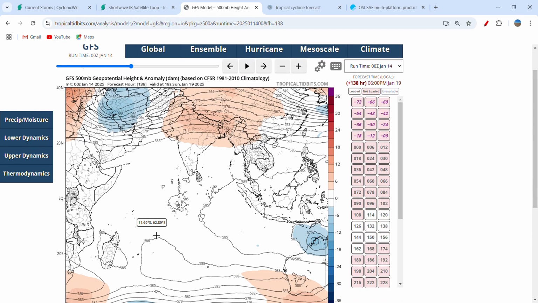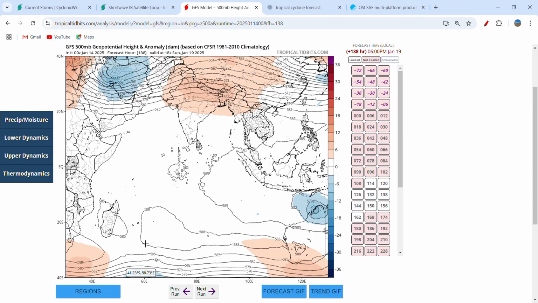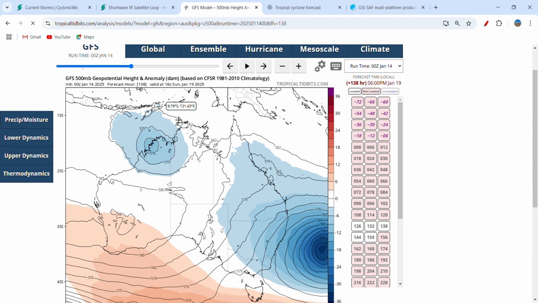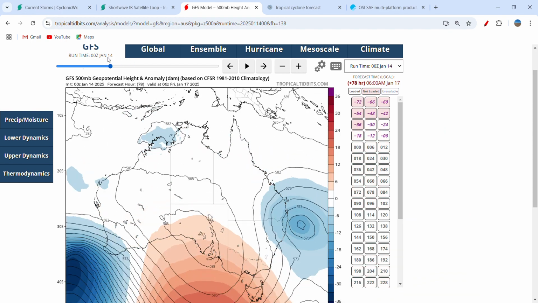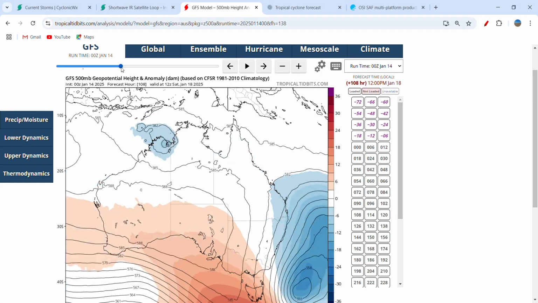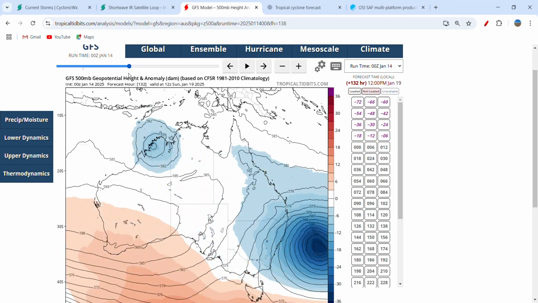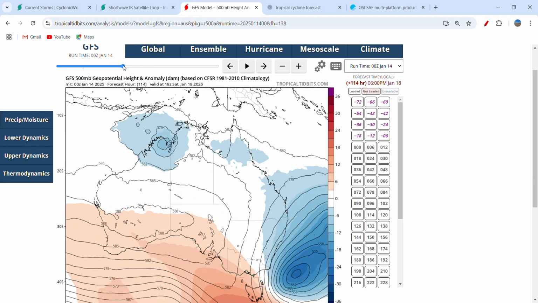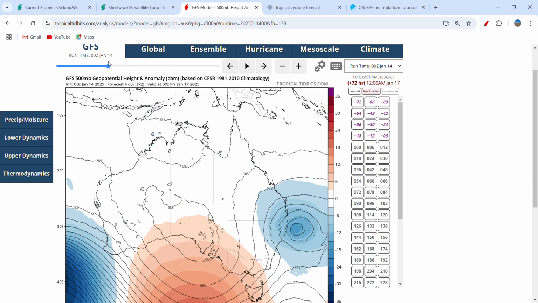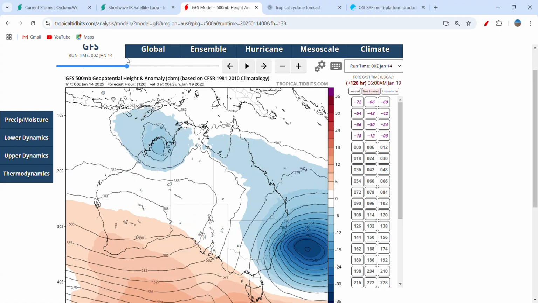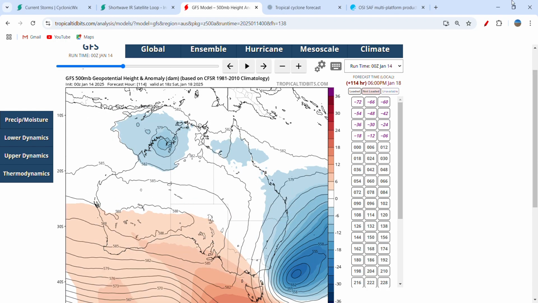Now, it will be slightly different with the American solution, given that there is a different low that's dominant. So we'll go back to the Australia view, and we take a look here. And yes, you've got that dominant ridge pattern that does become established over much of Australia for many days, really. Regardless, it will keep that system in the same general area for many days as this ridge pattern stays dominant. But as a low ends up moving northwards off the coast of New South Wales there,